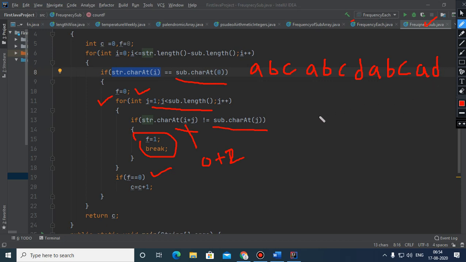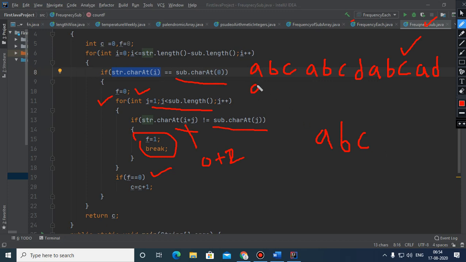Children, in this case, if the substring is ABC, the loop will go up to this part and not beyond this point. So here what is happening?